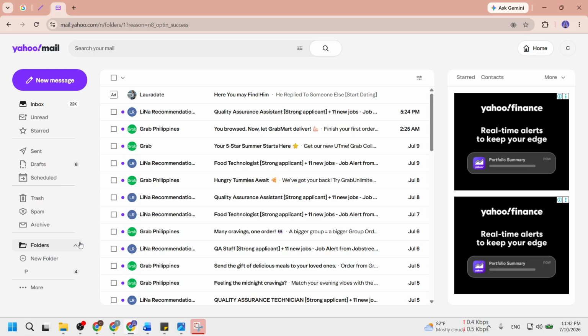By following these steps, you will have successfully navigated Yahoo Mail to find your folders. Remember, understanding the layout and organization of your email can significantly improve your productivity and